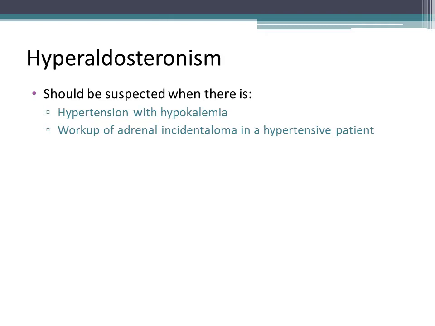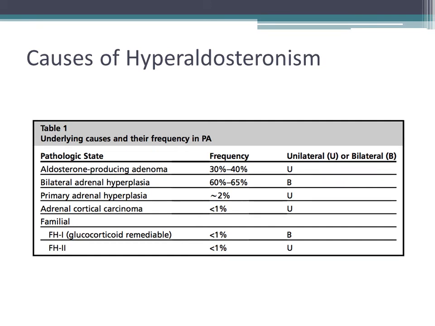Again, we receive a lot of referrals with adrenal incidentalomas, meaning adrenal tumors that were discovered incidentally without specific symptoms and signs, and we typically work them up if the patient had hypertension. We work them up for hyperaldosteronism if the patient was hypertensive. So causes of hyperaldosteronism include